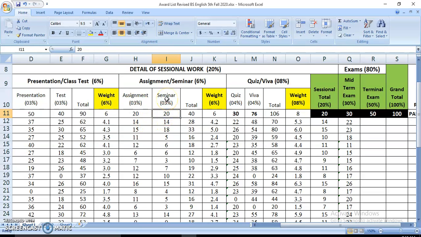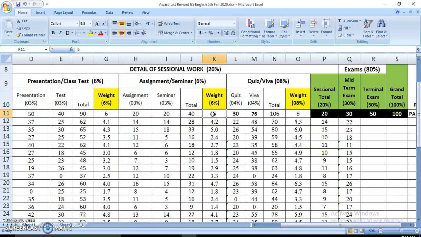Actually I didn't conduct a seminar, this was another test given to students. So let me show you again. Here is a total, as you can see 40, and this is automatic. Column number H and column number I, as you can see here I11 H11, and the sum has been made, and when we drag it, it automatically adds up.